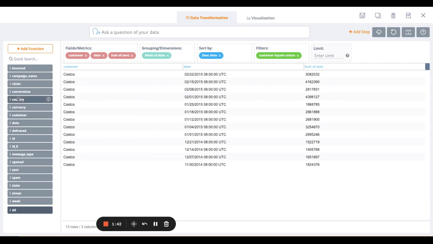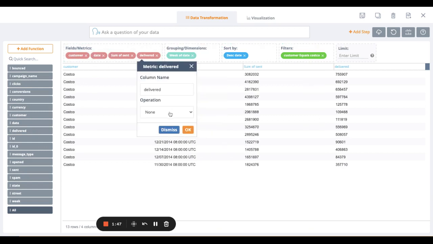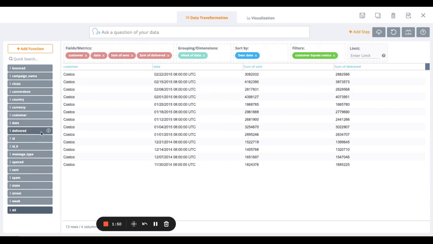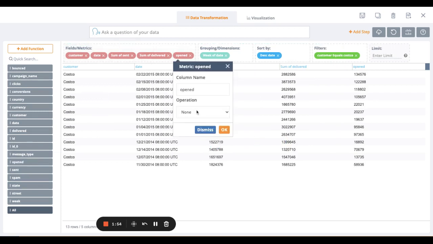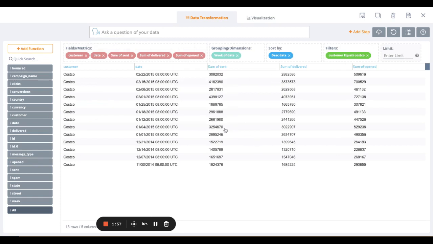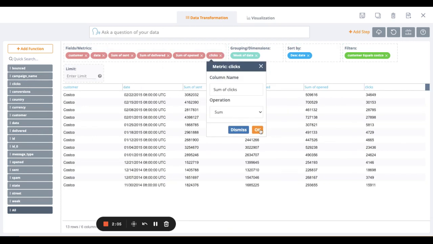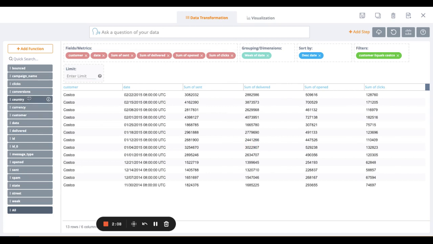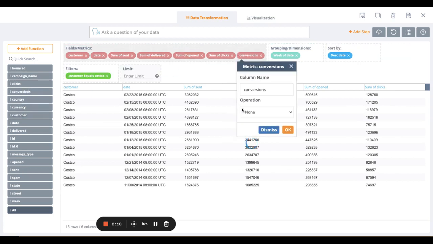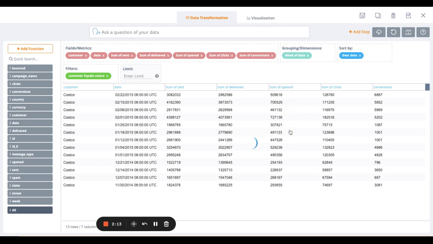We want the amount that were delivered. Where's delivered? Right here. Sum. Let's take the sum of opened. Let's take the number of clicks, sum, and then let's get the sum of conversions who were converted into customers, sum. Okay. All right. And now I want to create a formula that takes the percent that were sent, that were opened,